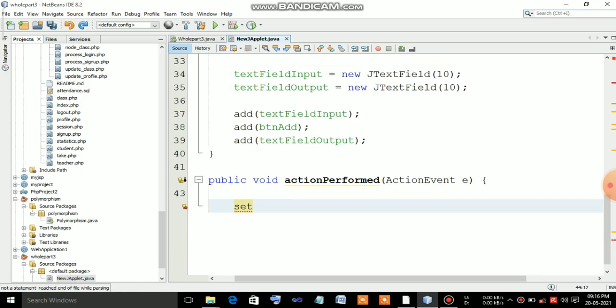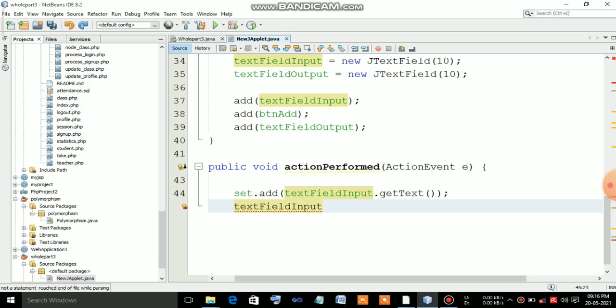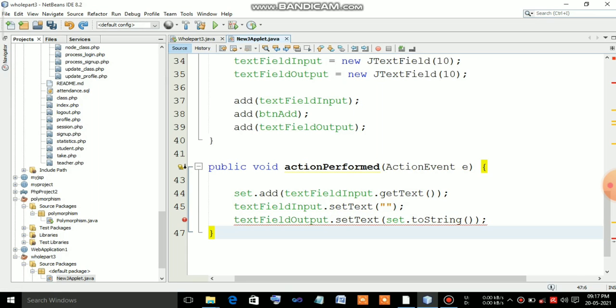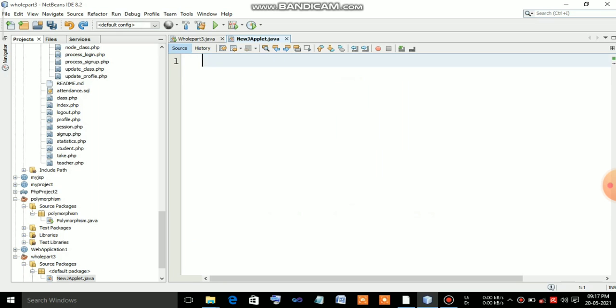And we have to set, dot add text field input dot getText, and text field input dot setText, then text field output dot setText. One is for input and another one is for output. For output we are using text field output dot setText, set to string, whatever it may be, string, character or numbers, whatever it may be.